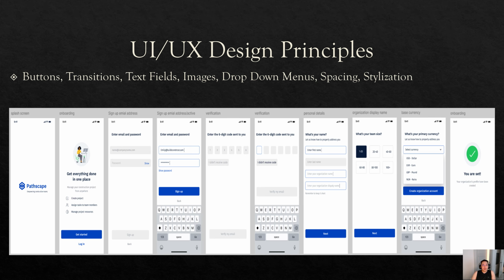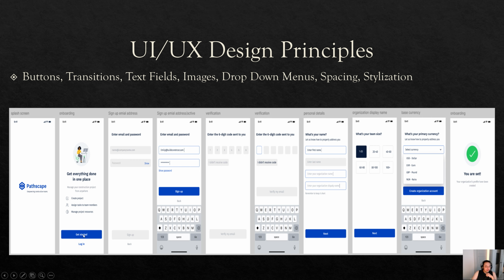So we'll start off with UI and user experience principles. To start off with this topic: how do users interact with the mobile application? How do they navigate? What type of information do they put in? What our team has dealt with is more of the front end side of things. So basically dealing with buttons,